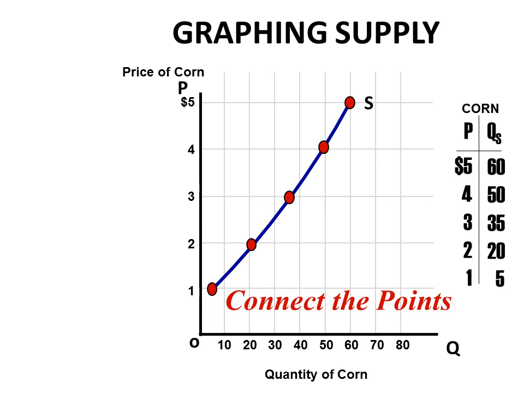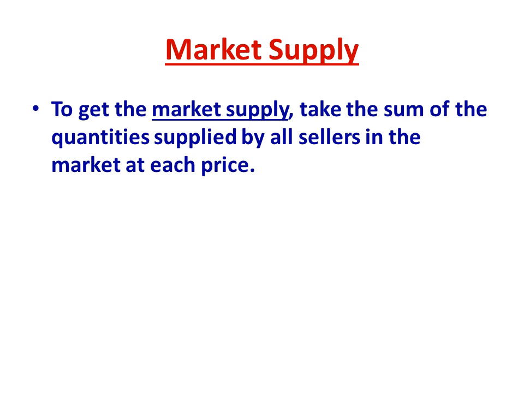Similar to what we studied with demand, we're not going to analyze the behavior of one producer. Okay, that would be a topic in microeconomics when you study the situation of a monopoly. But we're going to be analyzing markets where there's a very large number of sellers. So typically, we're not going to talk about the habits of one producer when it comes to price and quantity supplied. We're going to summarize all of the producers and come up with the market supply. So just like demand, the market supply is we just sum up the quantity supplied by all of the sellers, and that will give us the